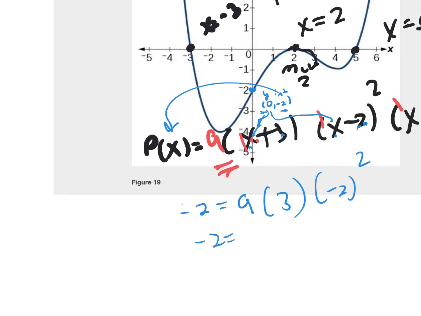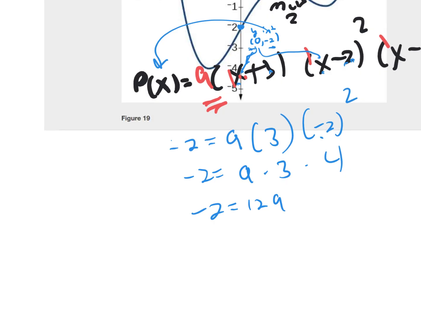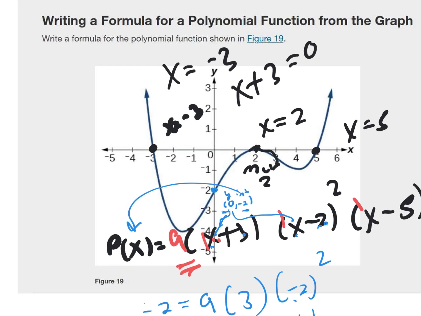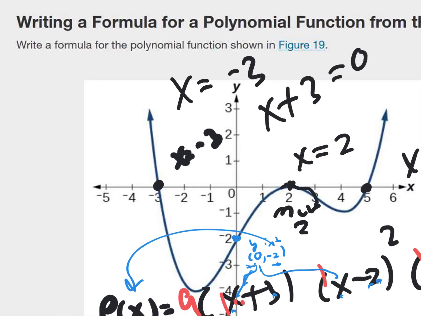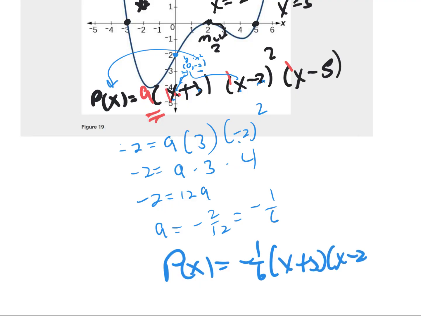Negative 2 equals a times a 3 times a 4, because a negative times a negative is positive. Negative 2 equals 12a. Divide both sides by 12. That a has to be a negative 2 over 12, which is negative 1 over 6. Now, did they tell me I had to write the formula for the polynomial function? I'm going to be lazy. I'm just going to say my polynomial function has to be a negative 1 over 6 times an x plus 3 times an x minus 2